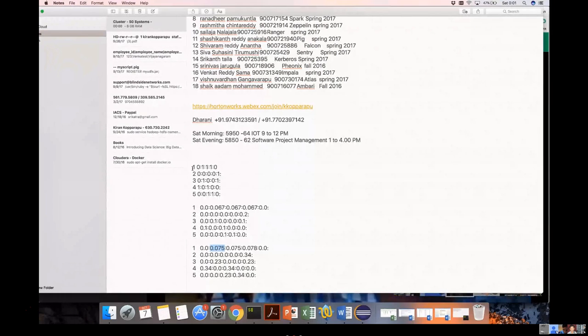Of course, instead of 1, 2, 3, 4, 5, you could say A, B, C, D, E as well. But these values will always be numeric. But this one, if you want, you could change. So here, instead of 1, 2, 3, 4, 5, I could make the page number as